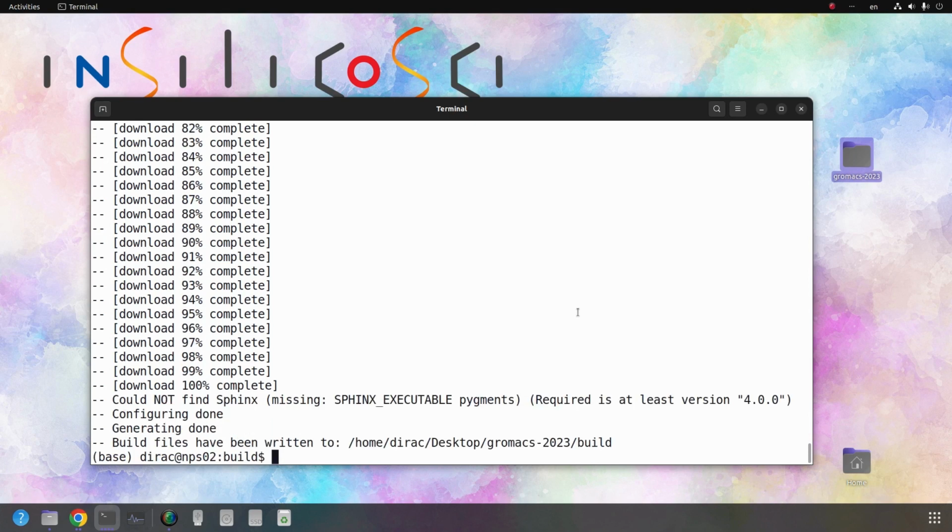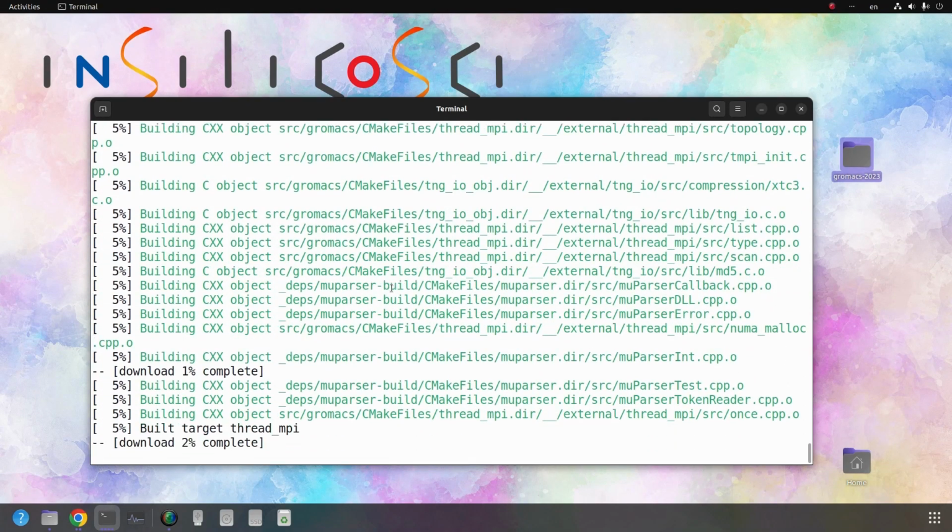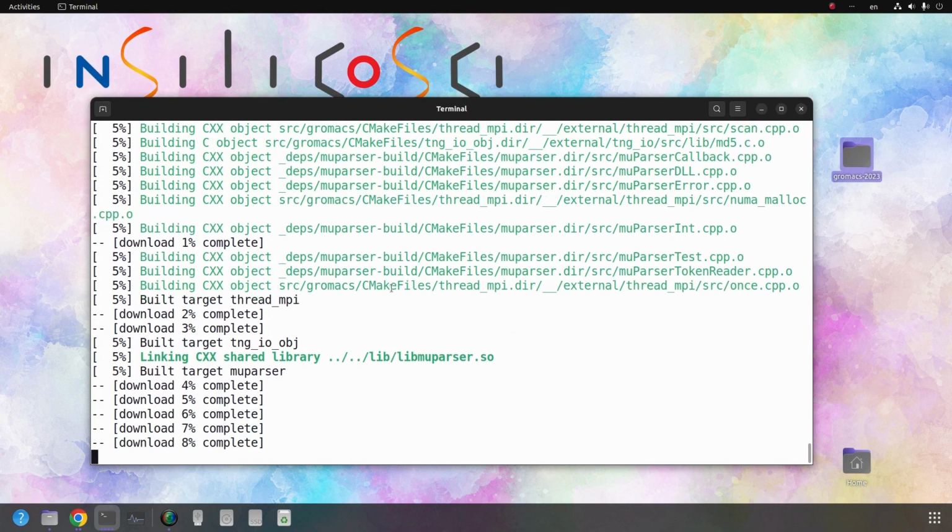So now I can make the code by make -j8, and -j8 specifies that I want to use 8 CPU cores to compile the code because I want to accelerate the compilation, and press enter. Okay, it takes a few minutes to compile all of the code.